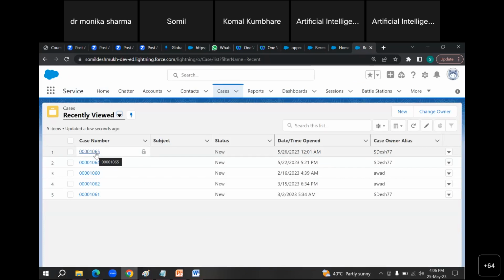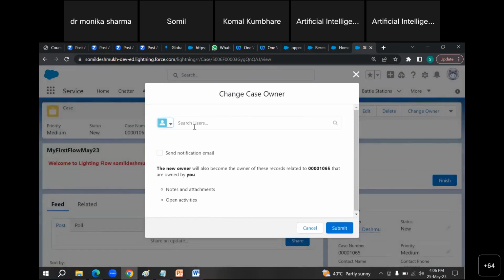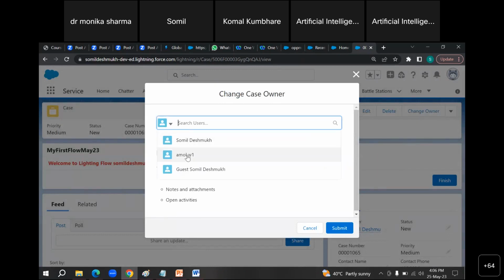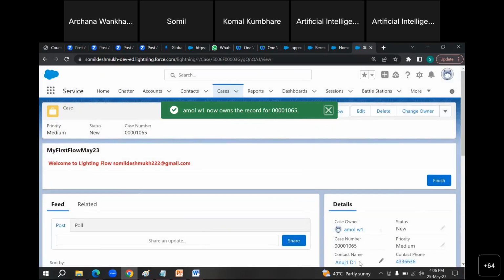You are saying you have to assign this to someone else, right? Yes. So what you can do is change the owner for this. You can search for any user, and the owner of that particular case will be working on that case. Exactly. Okay, got it, sir. Thank you.